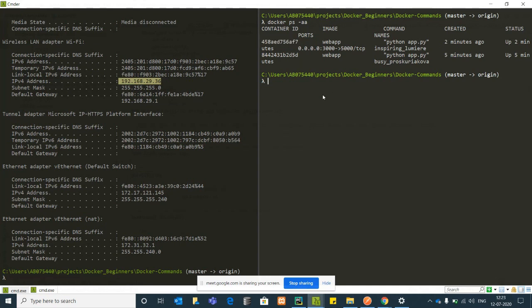So how do I do that? You need to mention this command: docker exec, then the container ID, then bash. You are inside the running container.